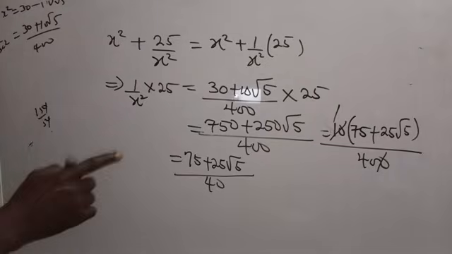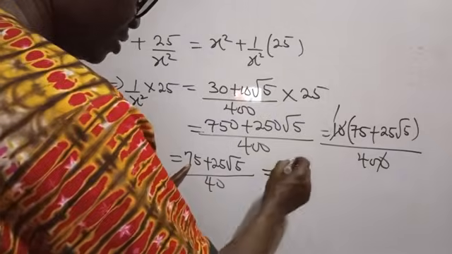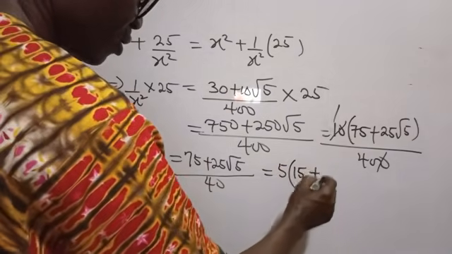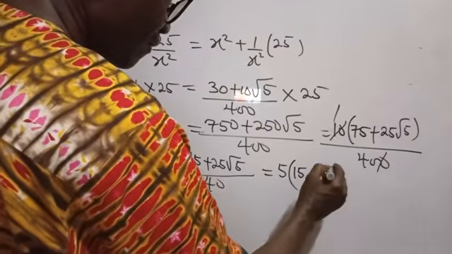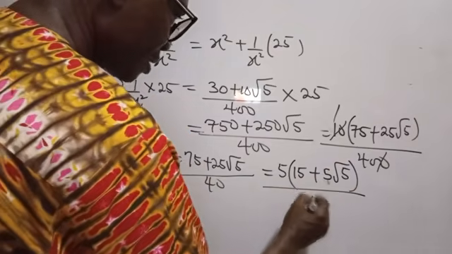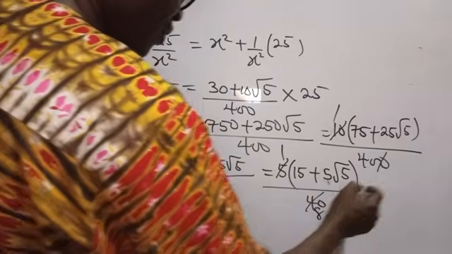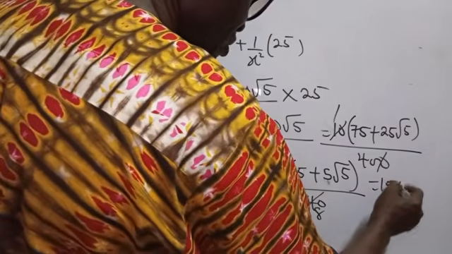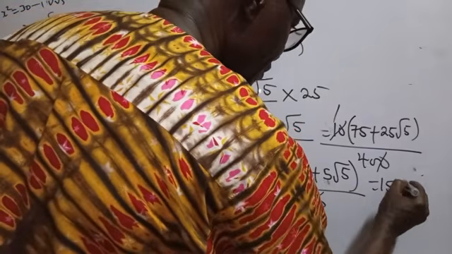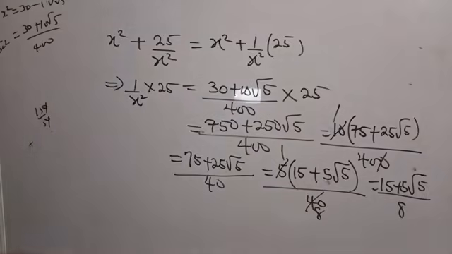That means we should have used 15. Yes, 5 can go again. We have 5 into 15, plus 5 root 5, beautiful, all over 40 here. Okay, so 5 here 1, 5 here 8. So we have 15 plus 5 root 5, all over 8. Good. So we have simplified